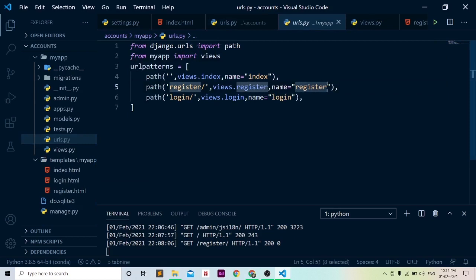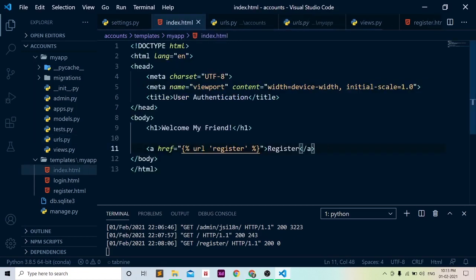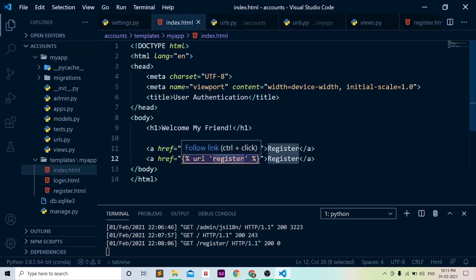Here we have specified the register name, so it will check whether register is here or not. As we can see, register is here. It will call the register function. That's it. Okay, let's come to our index.html file. Similarly, copy this, just paste this. Similarly, we will do it for login,